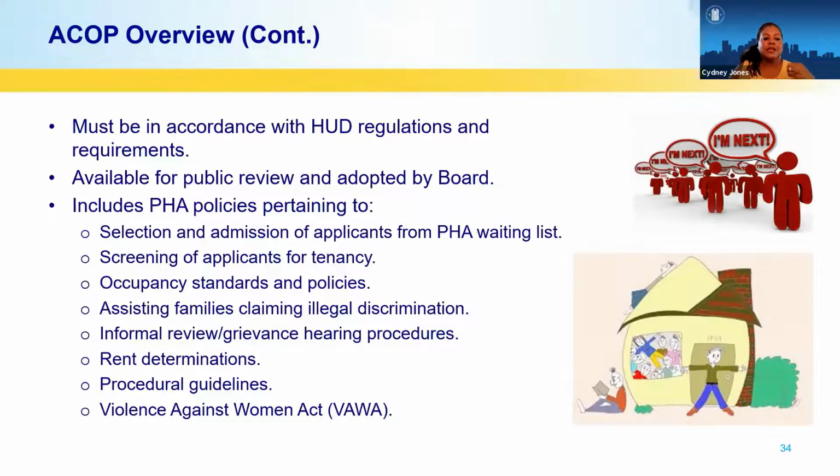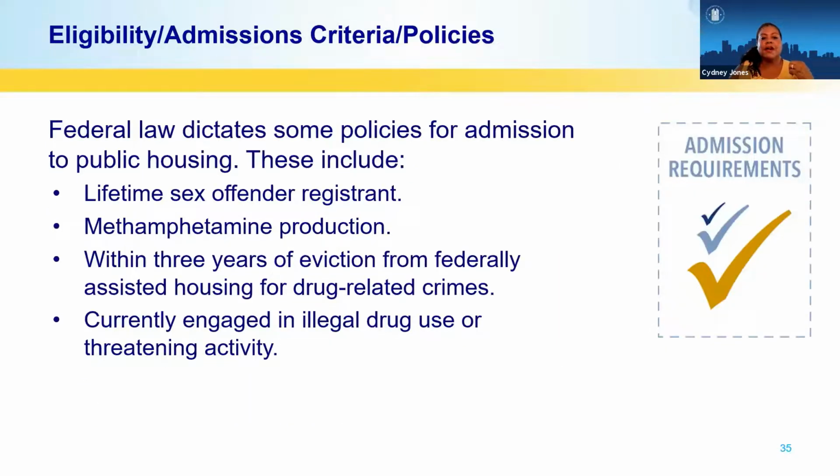So let's take a look at the next slide and talk about eligibility, admissions criteria, and policies. To highlight some of the key areas of the ACOP, we've chosen a few sections that we just want to talk about. PHAs have a lot of discretion regarding their eligibility and admission criteria because remember, the housing authority is the landlord. However, federal law and HUD dictate some policies for admission that the PHA does not have